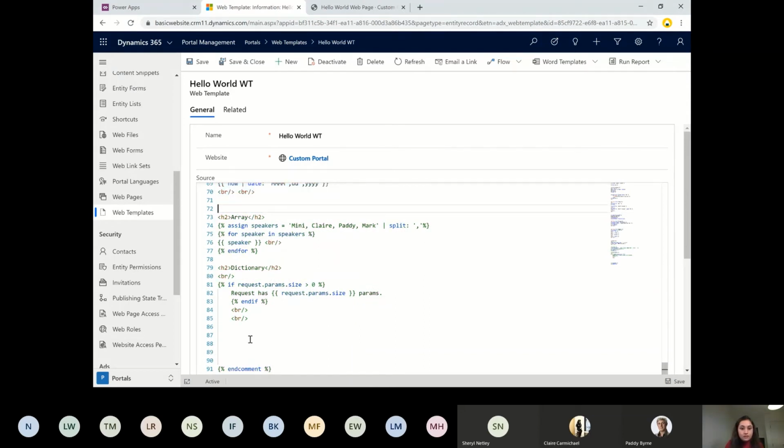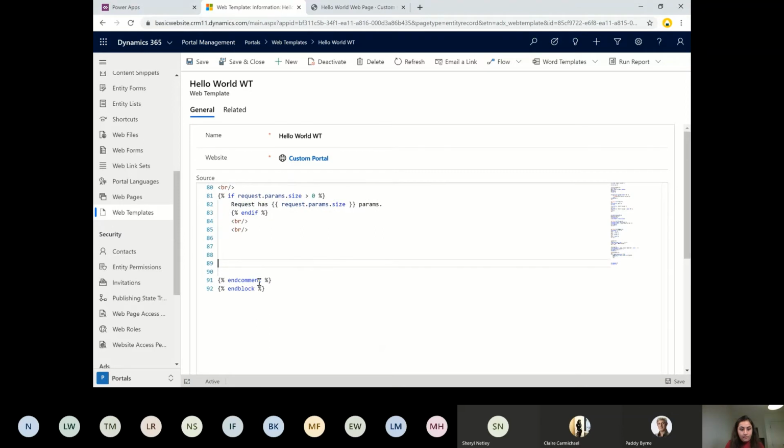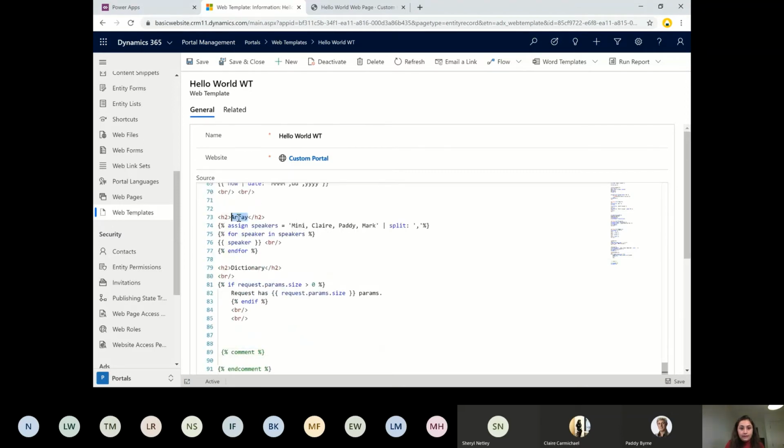And then let's just jump to array, how we can declare the array and the dictionary. So array works, again, as in other languages. What we are using is basically the keyword assign all the time, and we have speakers. Let's say we have a couple of speakers here, and we are splitting them by comma and looping through them. So we have assign, and we are assigning 5 people here, with a comma to split them, and then we have a for loop over this whole array, and we are going to display all the speakers.